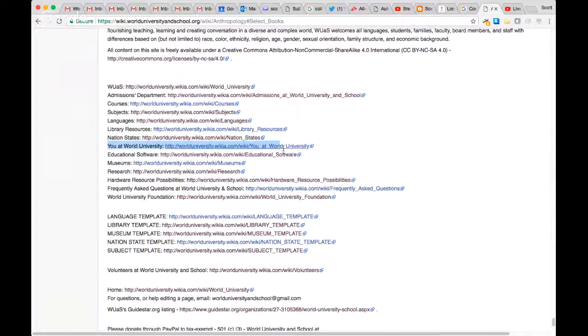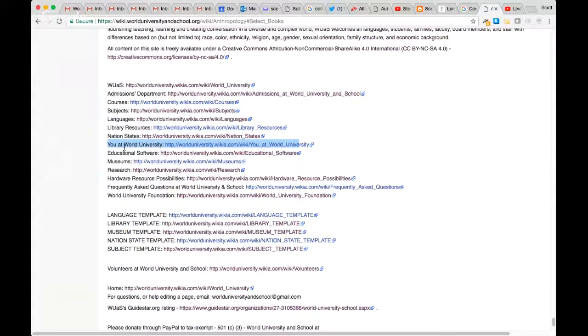And you at World University and School relates to admissions, but much more. And we'd like to plan at this time when we're moving into this new wiki for learners in all 7,100 living languages and for all 7.5 billion people, if we can, in the planning phase.